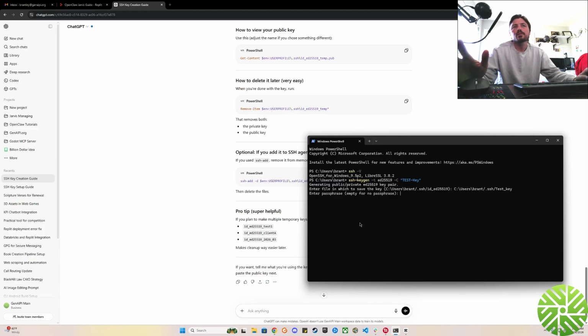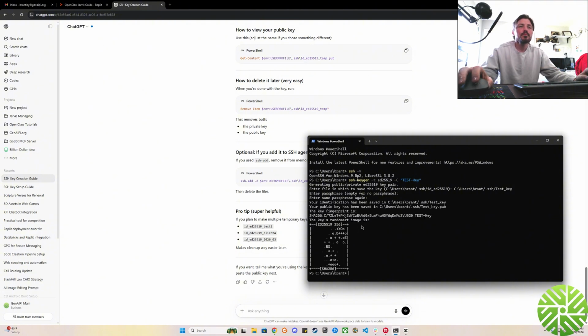And now you can do a passphrase if you want. Probably be smart to. So go ahead and write a passphrase and hit enter. I'm just going to hit enter for no passphrase, because I'm going to delete this after this tutorial, but you're going to want to secure this SSH key. Same passphrase again. So now it's been saved, test key, and it also created a test key.pub, which is your